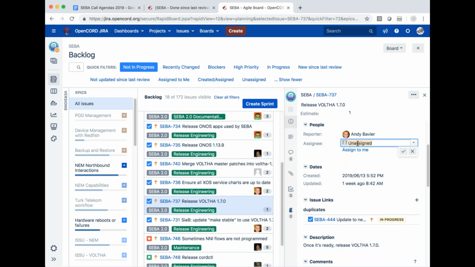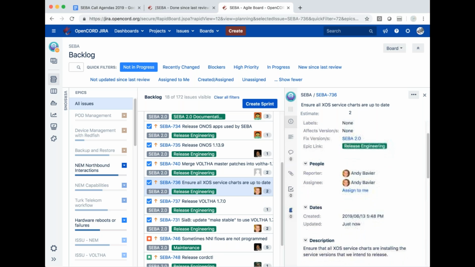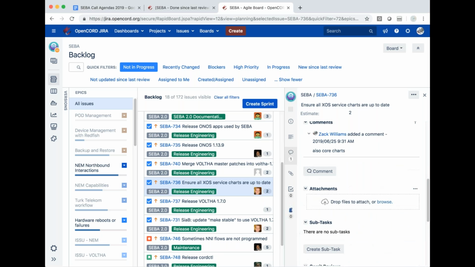Yeah, just a question on Andy's item that we just finished. Is that only the service charts? Do we need to bump the core charts as well? Is that a separate item or encompassed in this item? I guess, yeah, the idea is that let's get the charts with the proper versions in them, so the core charts would also be included in that. Okay, good. Yeah, we should make a ticket somewhere to also prepare a version of the macro charts we have, like the core platform and the SEBA chart.